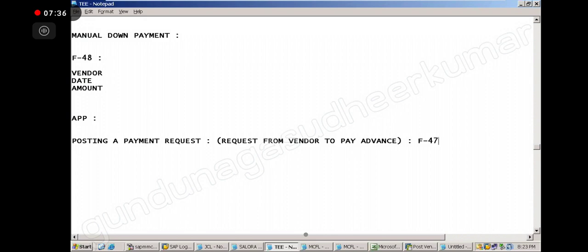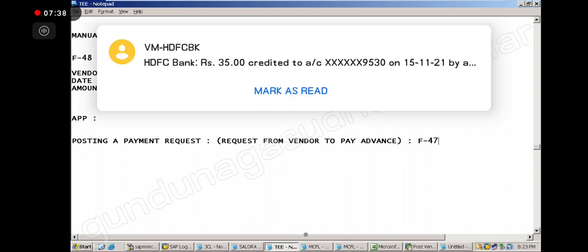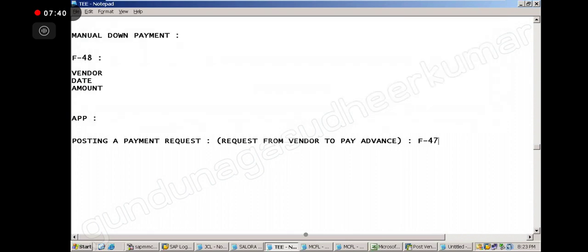Only the request will be put. So when you post the down payment request in F-47, a noted item will be created. Correct? Now, where can I see the noted item?